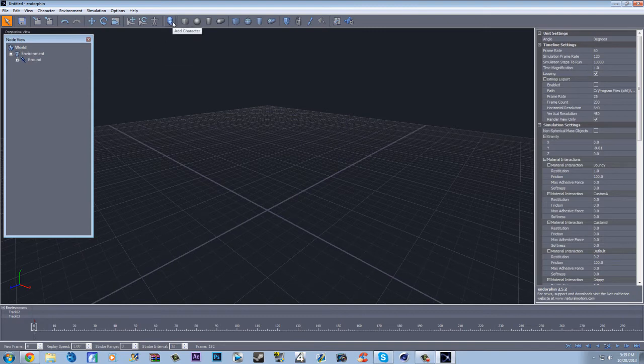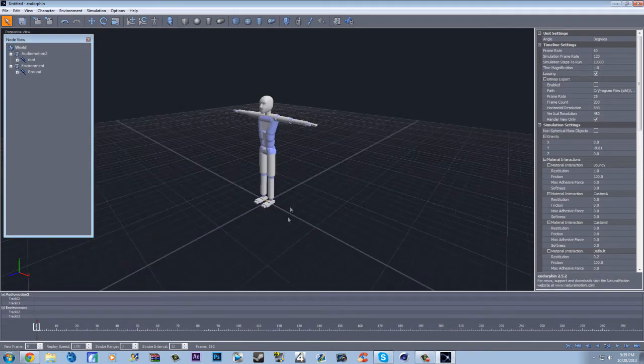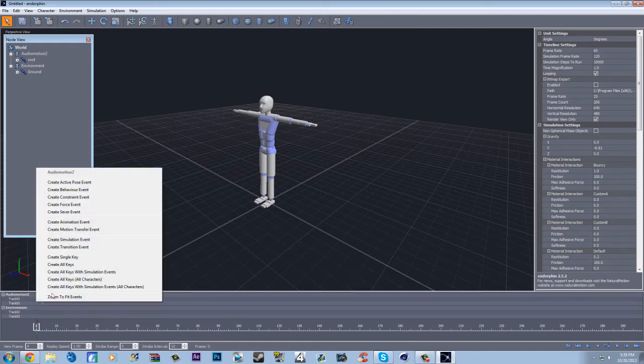What we do want to do is go to Add Character. It's up here. It's like this little face. I want to click on that and add Audio Motion 2. And this is going to be more for CoD characters. So what we're going to do after that is go to its timeline, the Audio Motion 2 timeline, right click,